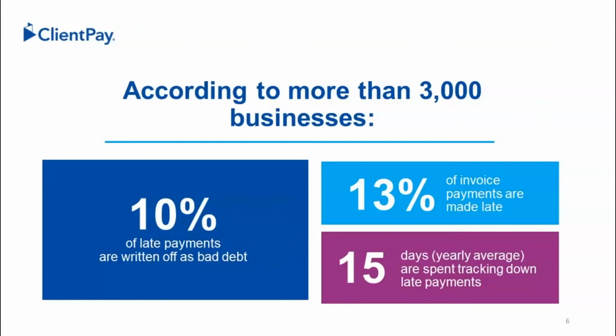So preventing even a portion of that from being written off would make a tremendous impact on a lot of your firms. If you think about it, just using round numbers, $100 million firm, 18% write-offs, that's $18 million. If you could recapture 5% of that, that's $900,000 that you're recapturing. And obviously you can adjust the numbers accordingly, but it certainly does add up, just by making that shift to a more digitally